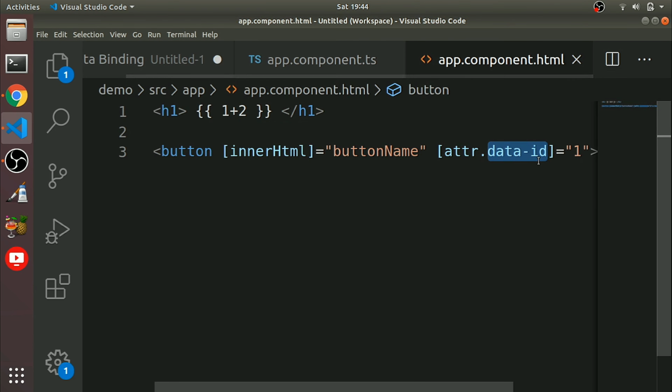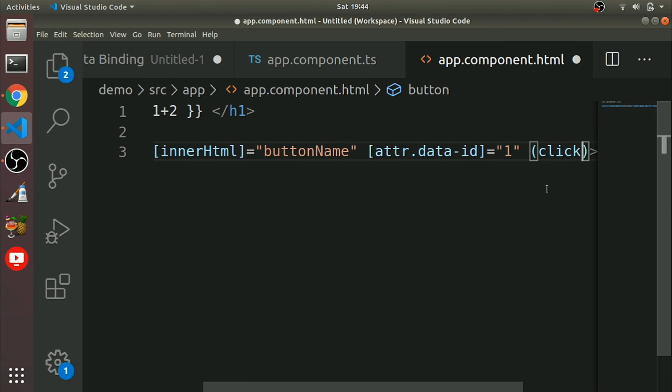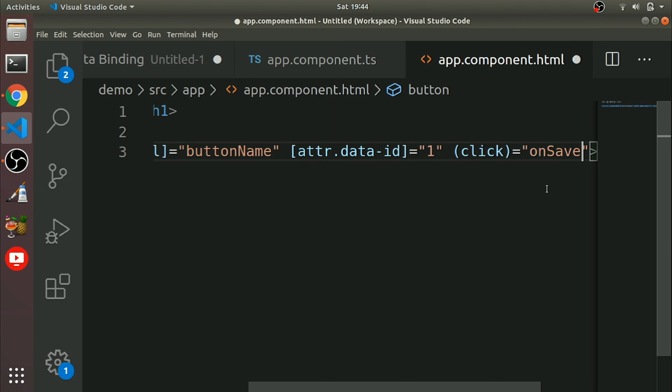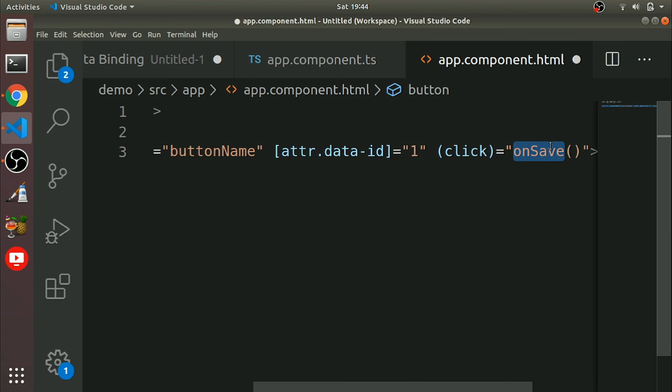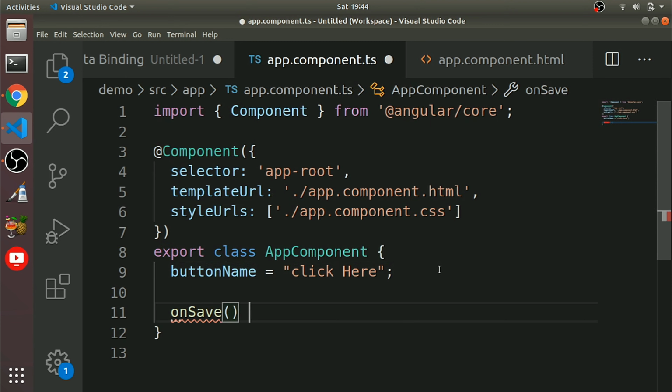I will have an example for you. Let's go to the place here we are having, right? So what we'll do like this: click target event equal to a method name like this. This is the method in the component, or you can say property in the component. So we'll define it in the component. Just for confirmation we'll give an alert here, button clicked. Okay, so let's go to our browser, button clicked, right?